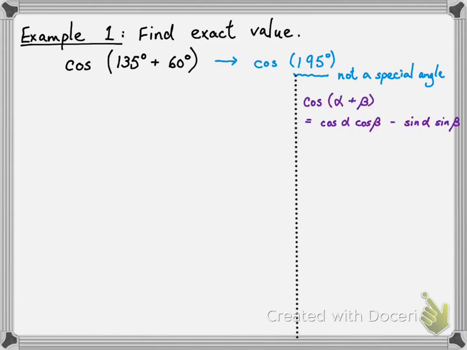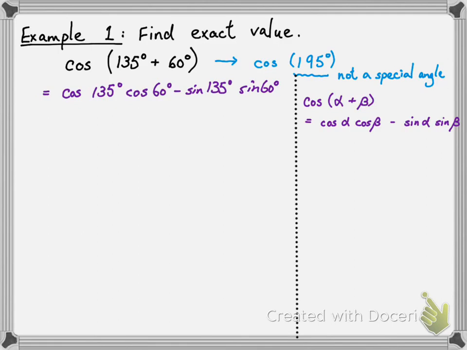Very good. Cosine of alpha plus beta equals cosine of the first angle times cosine of the second angle, subtract sine of the first angle times sine of the second angle. Please feel free to pause the video so that you can try to apply this identity to this problem. Very nice. We will have cosine of 135 degrees times cosine of 60 degrees, subtract sine of 135 degrees times